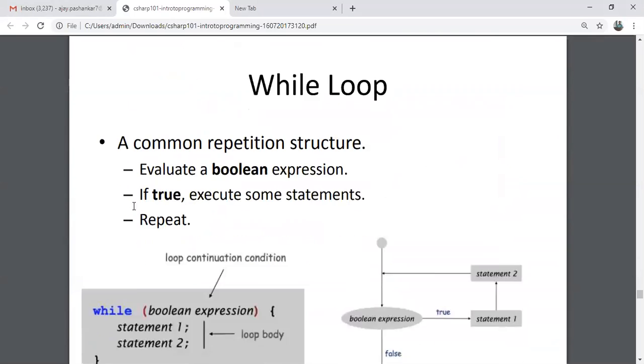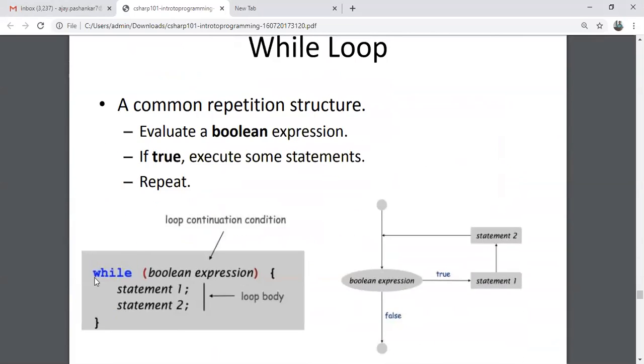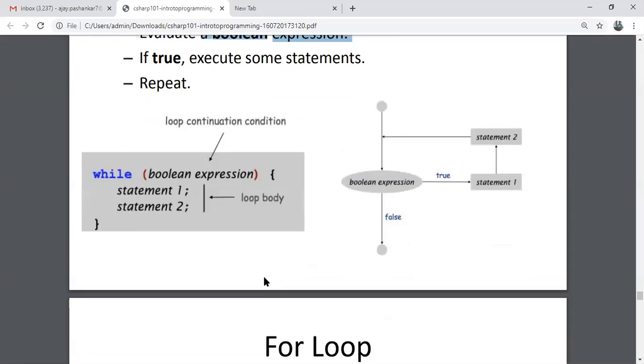While loop is very simple. While works with several conditions. If you are not satisfying that condition, then the next statement will not be evaluated. So evaluate the Boolean expression while I is greater than or equal to 5. So it will evaluate true unless and until I gets to equal to 5.